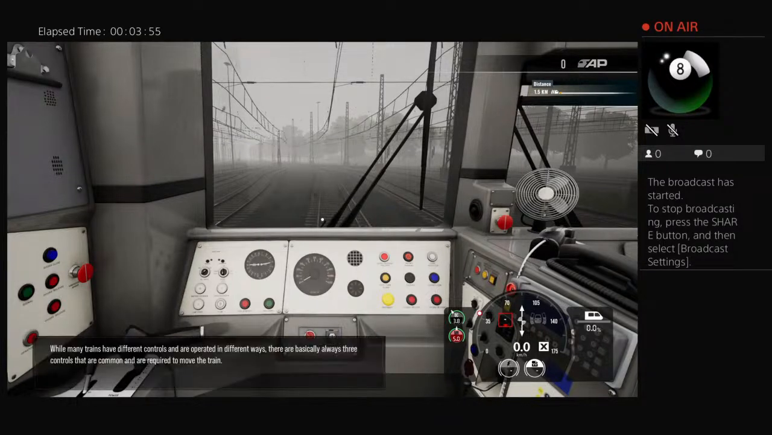While many trains have different controls and are operated in different ways,